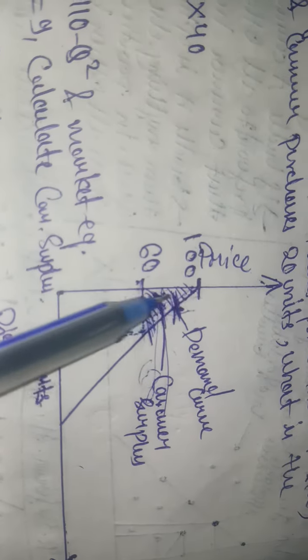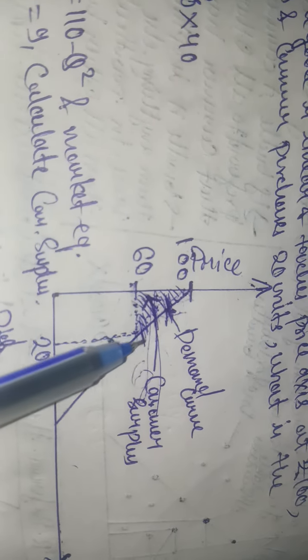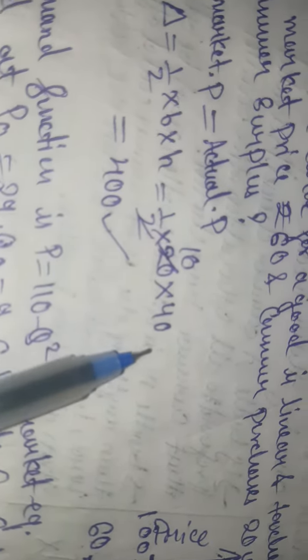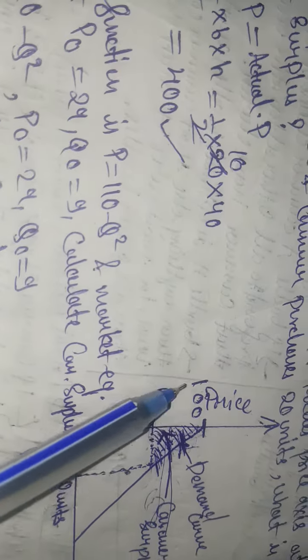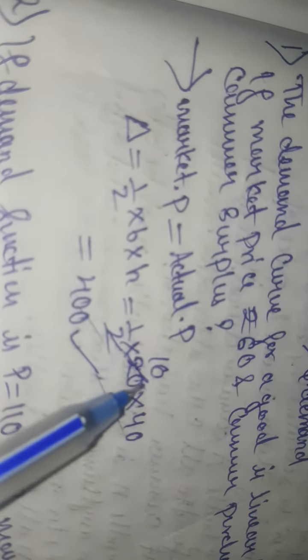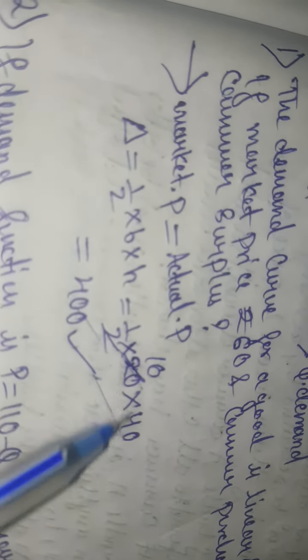We will find this consumer surplus. This is a triangle, so we can find it by the formula half into base into height. Half into 20, where the base is 20 units and the height is 40, the difference of 100 and 60. So half of 20 is 10, and 10 into 40